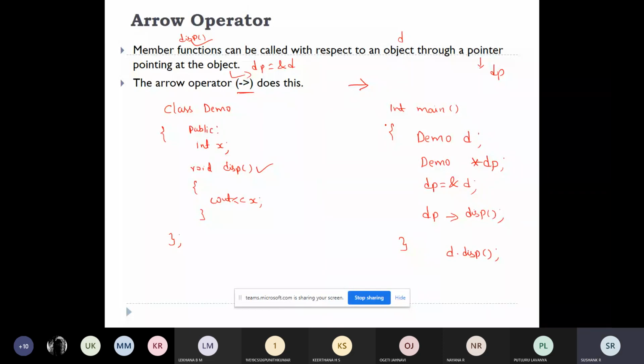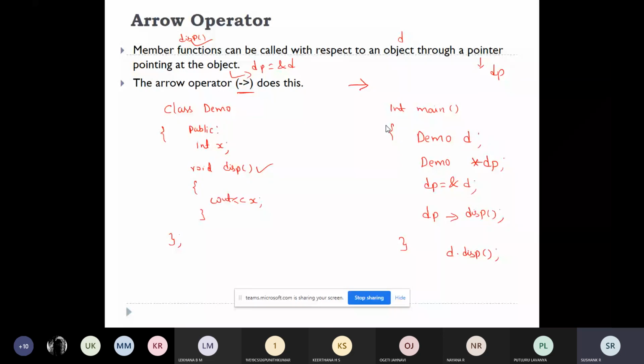Using the object also you can access the display function. So you can either access using the dot operator, or whenever you're using a pointer, you can access them through the arrow operator also. So this is the usage of accessing the member function with respect to an object through the arrow operator. So this is one example.